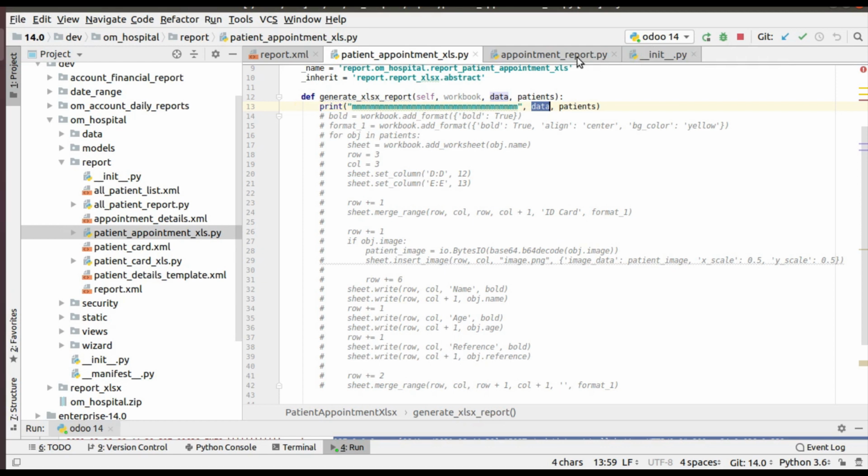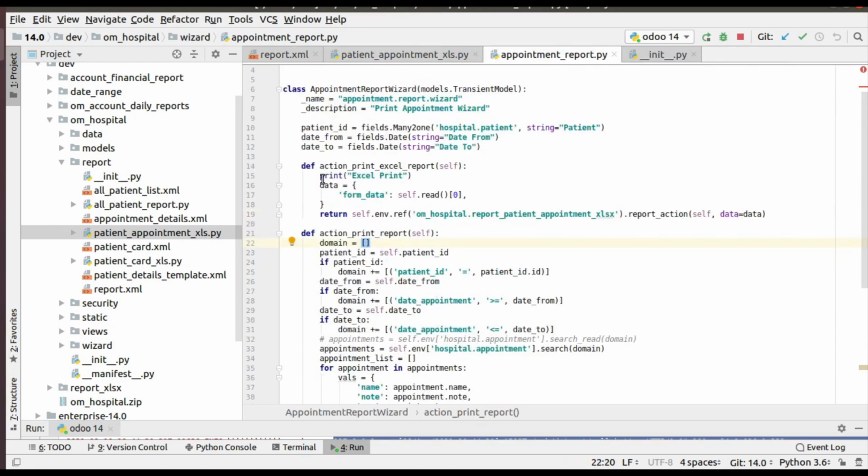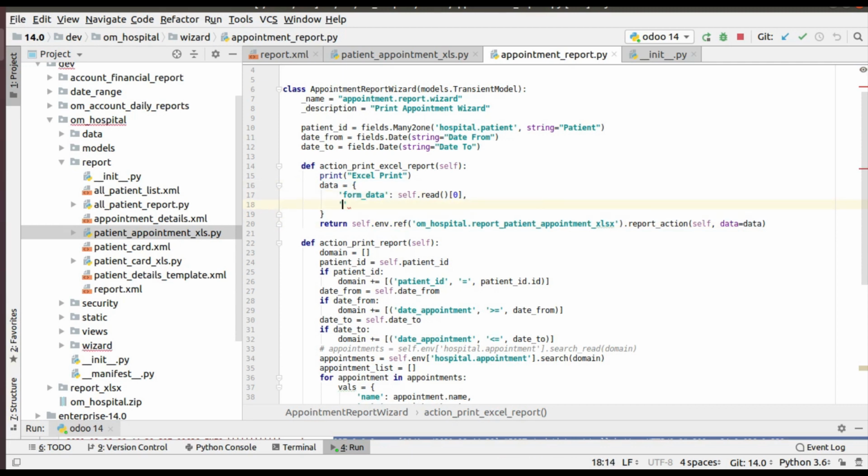So from the wizard, if you need to pass something to the report, you can pass it like this, data equal to data, and you can pass n number of things inside this dictionary. Suppose if you need to pass email, like odumates@gmail.com, you can pass it like this, and I'll show you what happens.